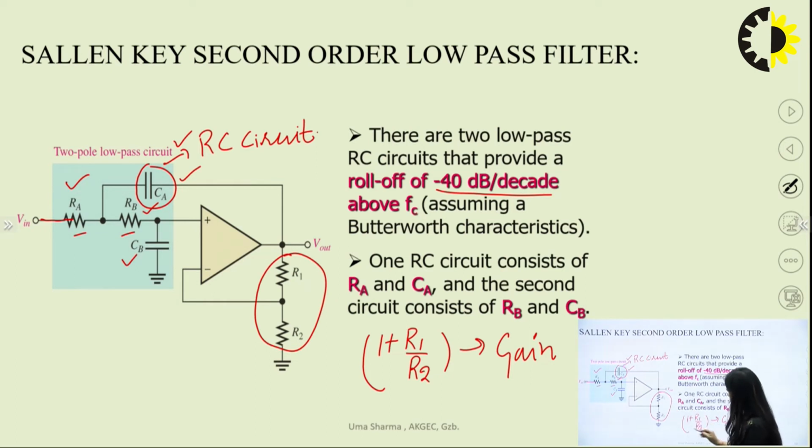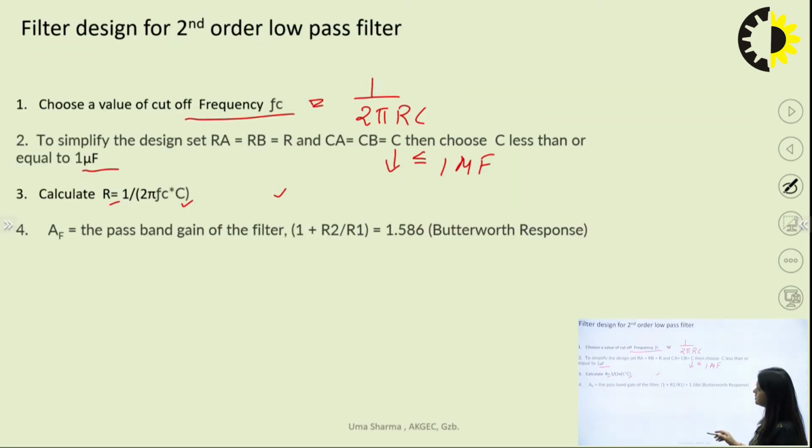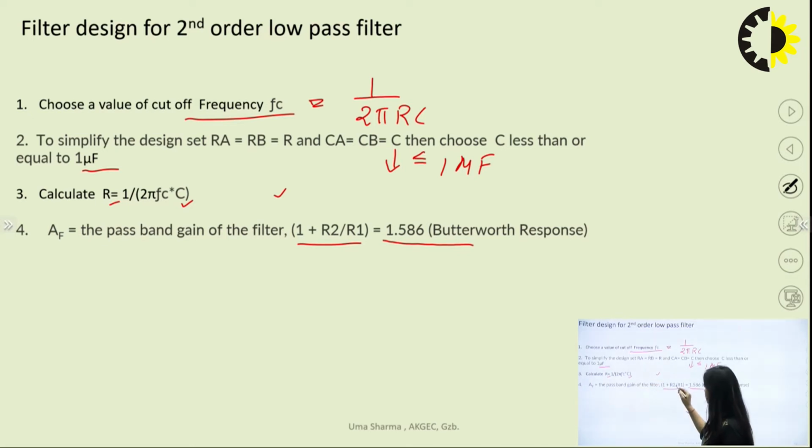To calculate this, just use this formula, because the gain of the filter is given by 1 plus R2 by R1. For the Butterworth filter, this is given by 1.586. So this is constant for the Butterworth filter response. This gain is 1.586. So this is how you can calculate the value of gain, the value of R2 and